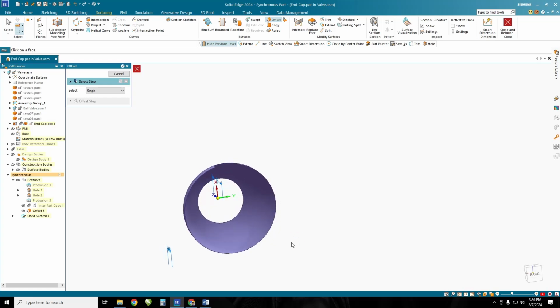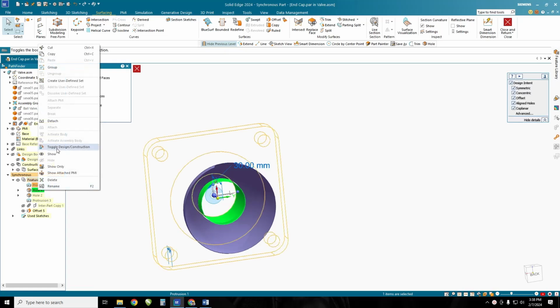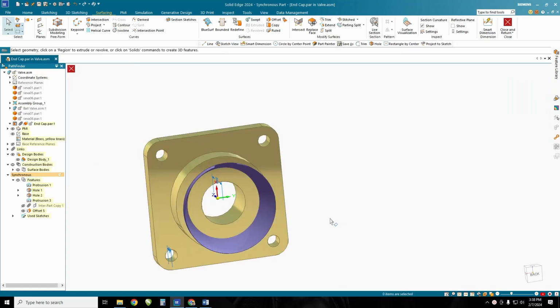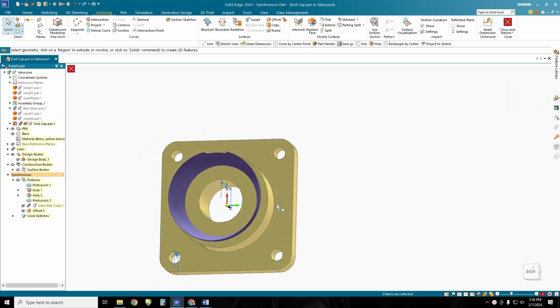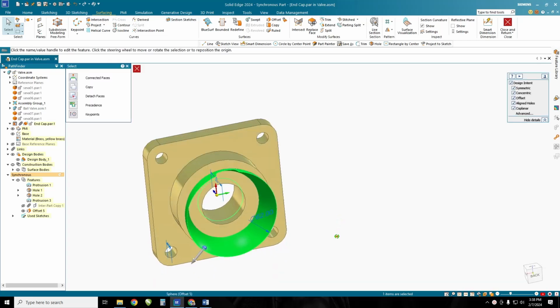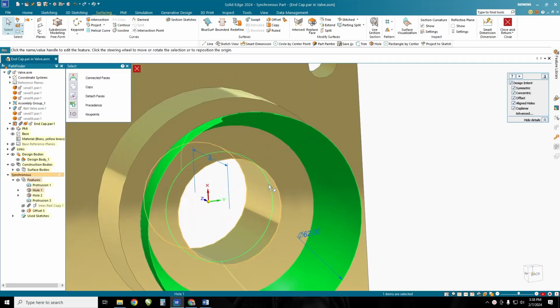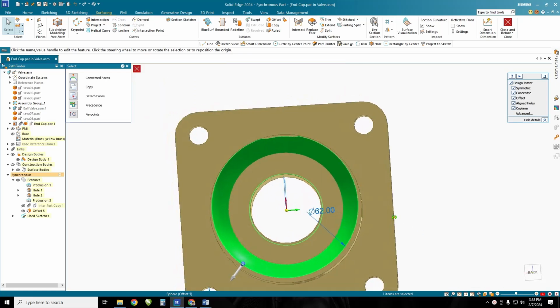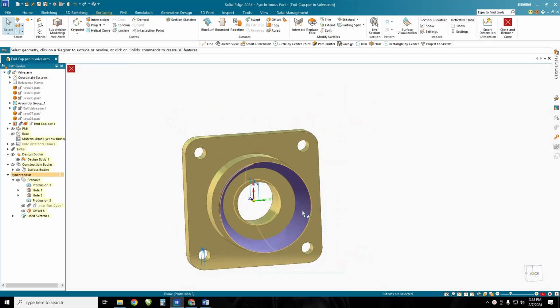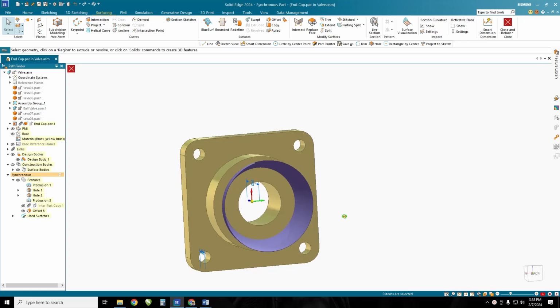Let's turn back on my parts here. Now let's turn back on our part for just a moment. So let's right click on feature, and we're going to say show. Now something I want to notice here is that my ball doesn't look like it goes all the way to the middle. It probably goes right there at it, and I want to make sure that that goes all the way through. So what we're going to do is let's hide this again,